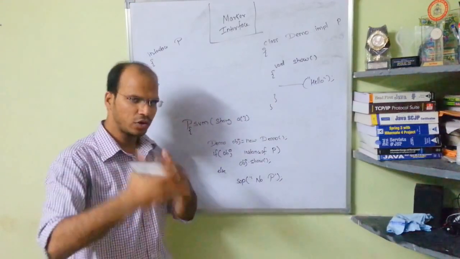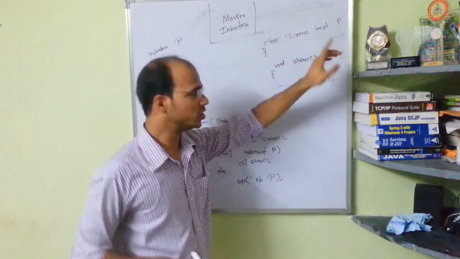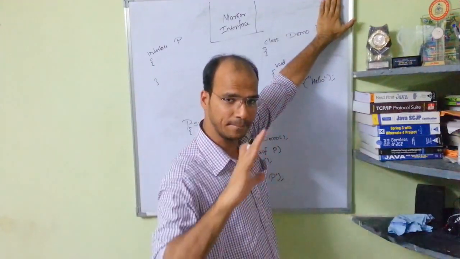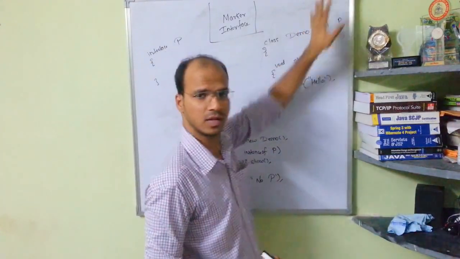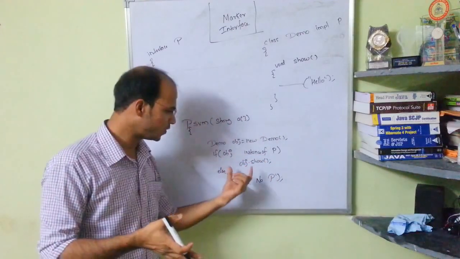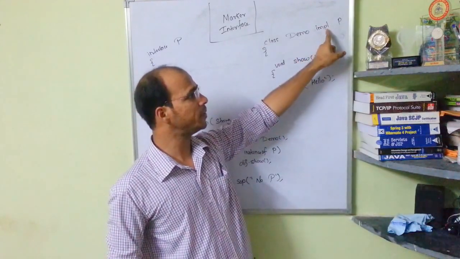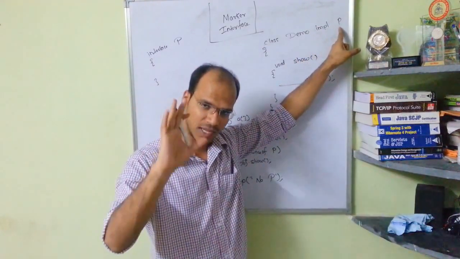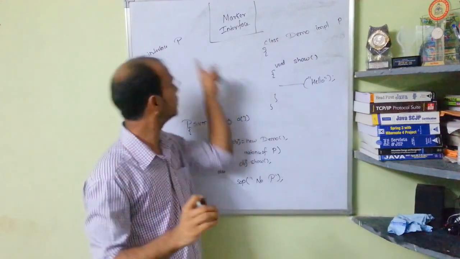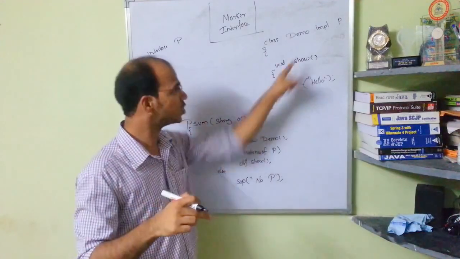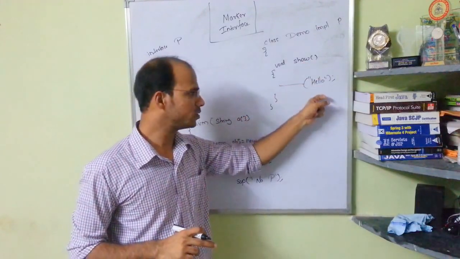Simple, right? So how will it work? You have an interface P with blank declarations, and you have a class demo. Let's suppose I don't implement it. It will check if obj is an instance of P. If I don't implement, it will not be an instance of P, so it will print the else part: no permission. But if I go for implements P, it means I have implemented P. So obj is an instance of P, yes. That's why we can call obj.show and it will print hello.